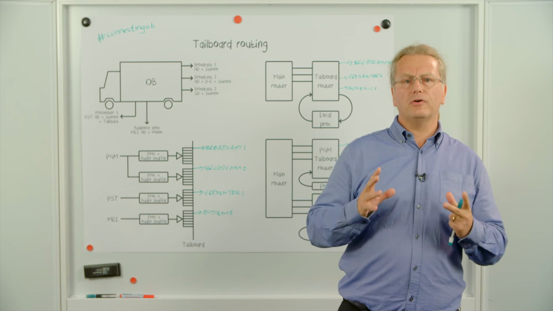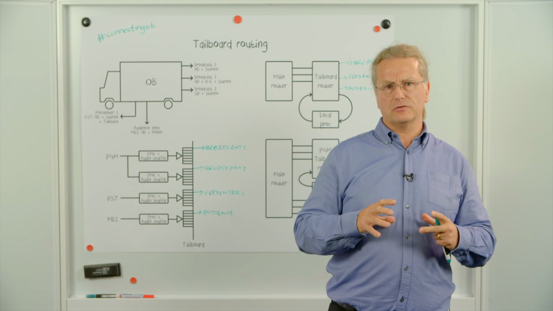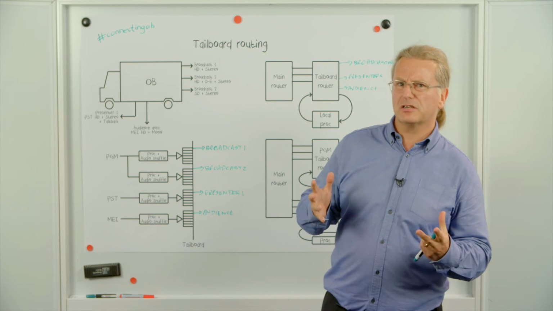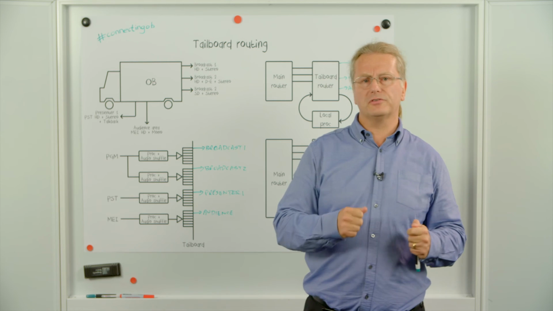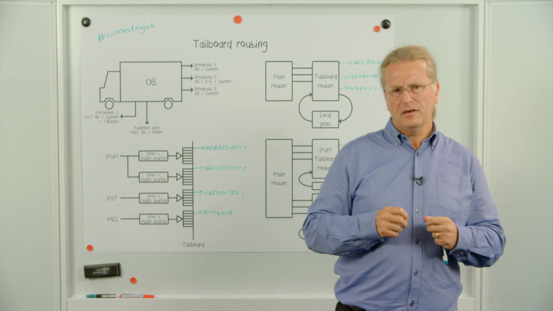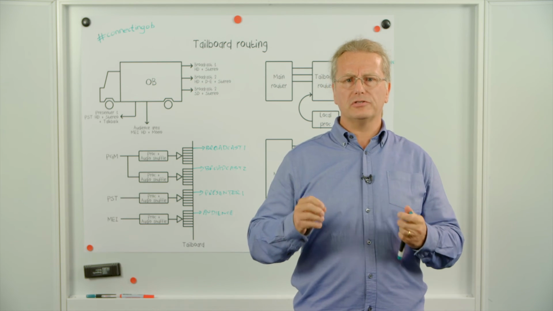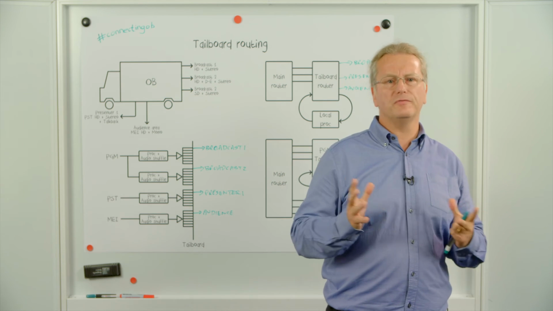OB trucks have been designed for a long time with a single large router at the heart of the signal switching, but signal distribution continues to be by plugging things in onto the tailboard. Now is the time to apply some routing technology and workflow monitoring to this task and remove its Cinderella status.